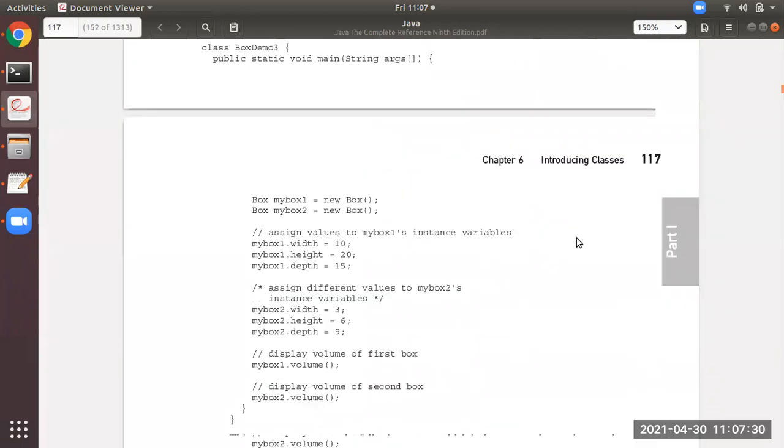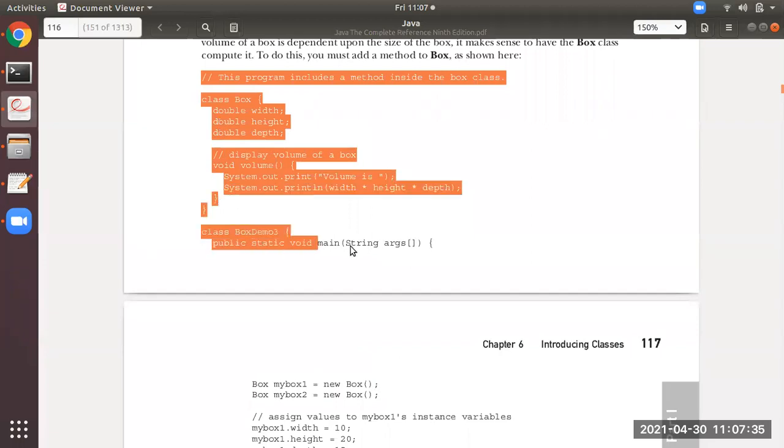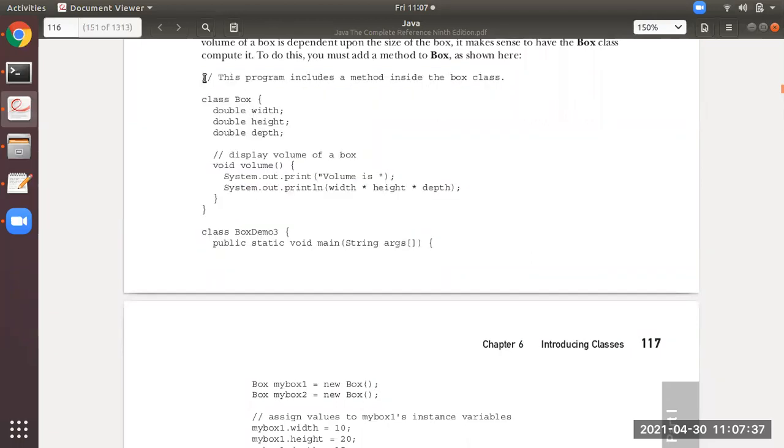Now let us all observe the program. What I'll do is show you the output of this program. I will just copy it and paste it.